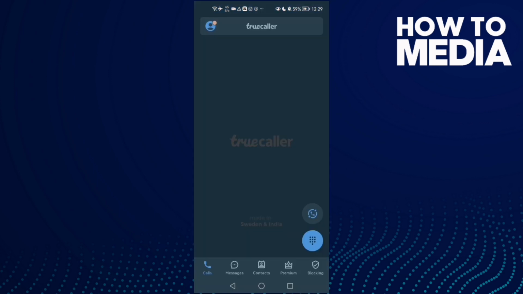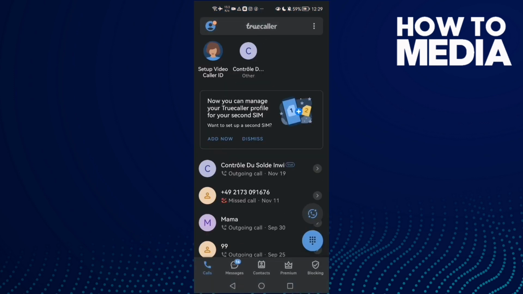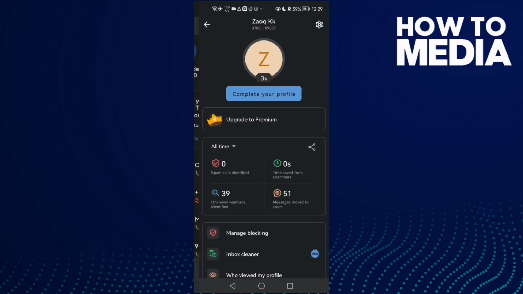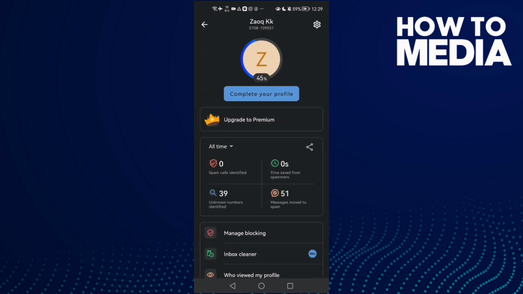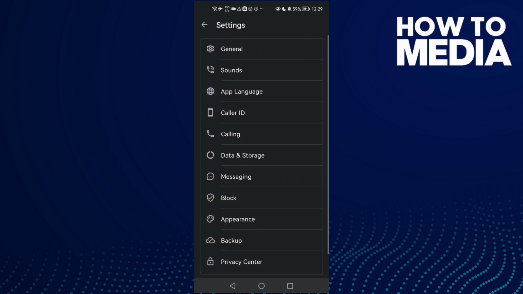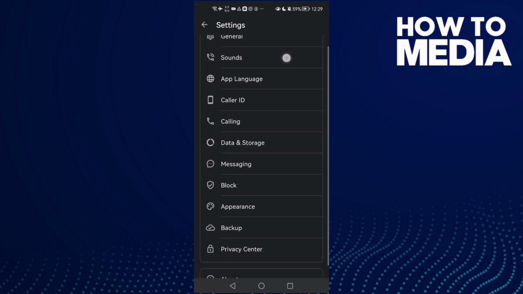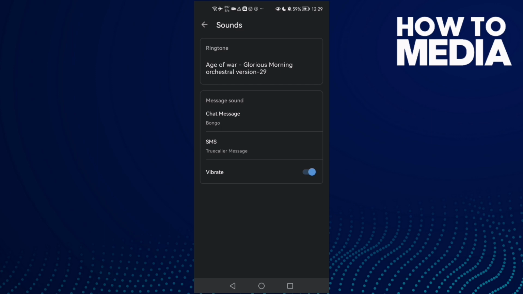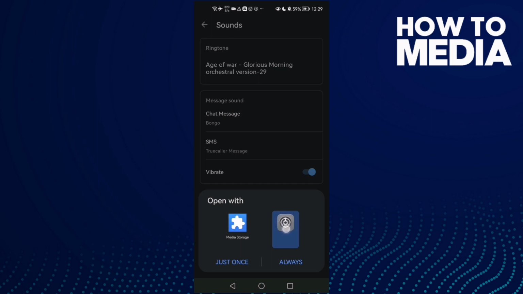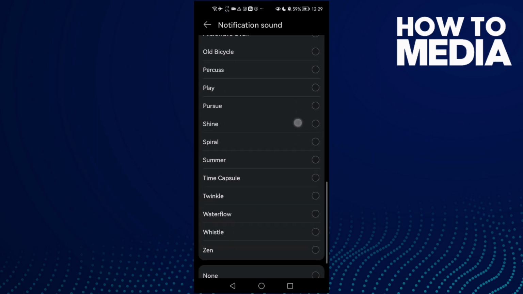First open Truecaller and then click on your profile here in the top corner, and then click this settings icon, and after that just click sounds, and here we'll find sound settings. Then all you need to do, just click chat messages, select settings, scroll all the way down, and here we'll